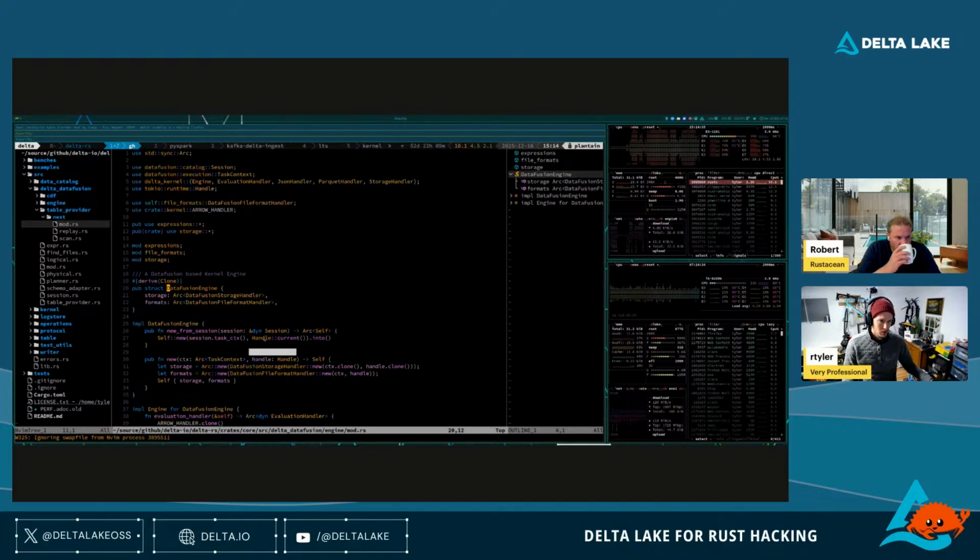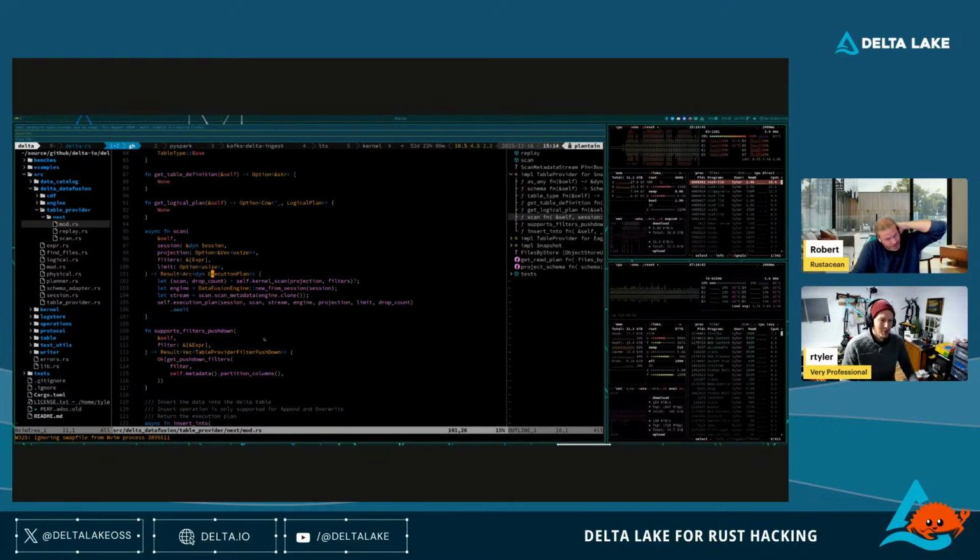DataFusion engine. I guess this is our code. Looks like. Yes. No, I didn't mean to jump to that, but mouse clicking apparently jumps. Scan metadata. Is this a default engine function, or is this part of the engine API? Well, it's not engine. So this is the scan object from kernel, or this mimics the scan object from kernel. So we have our own scan object, and we can look at that really quick if you just go into that method. So we have our own scan object that exposes this function